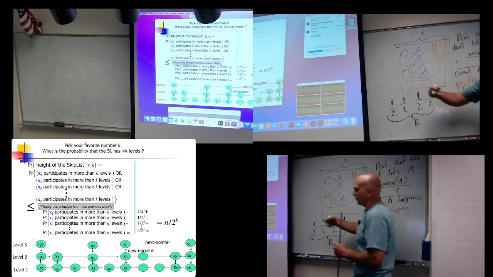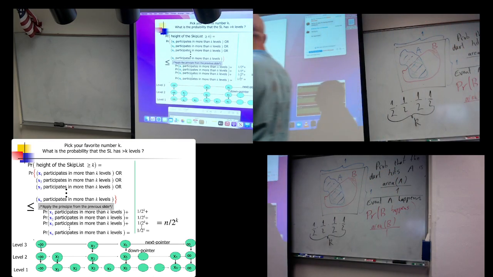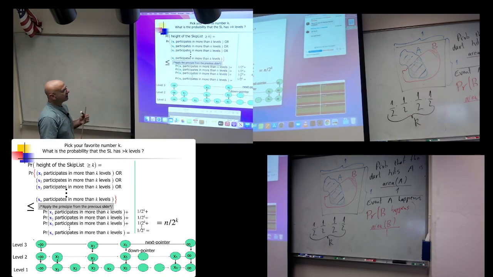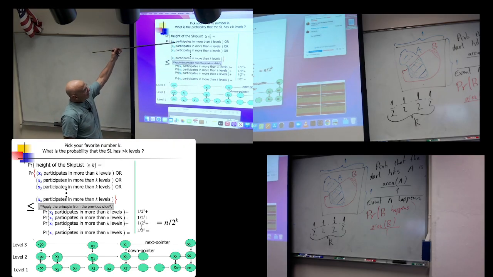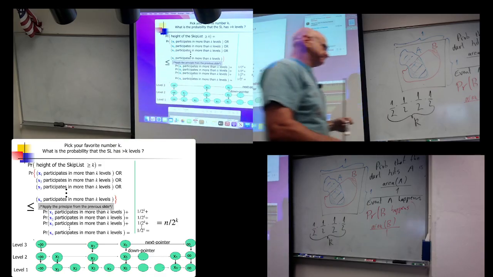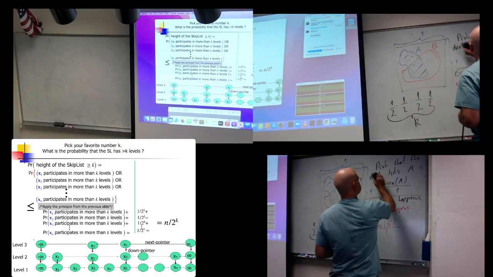In all these consecutive trials, when you inserted X1, it wanted to keep being promoted. So the probability that X1 participates in more than k levels is smaller or equal, write it down,